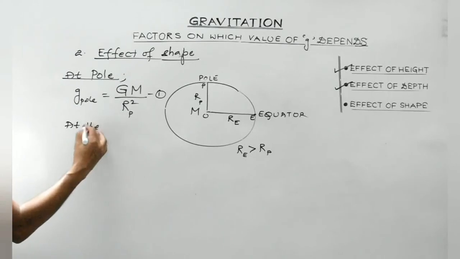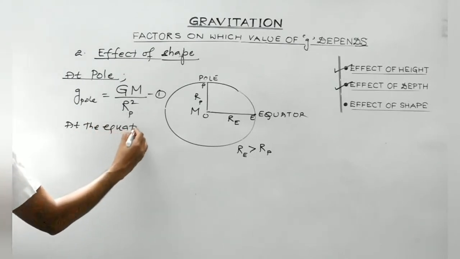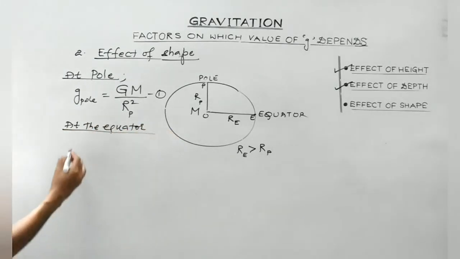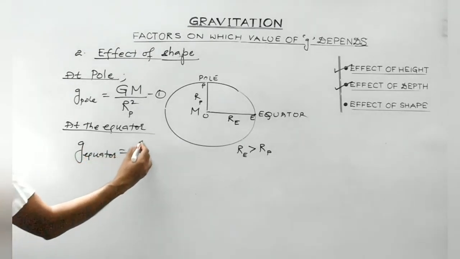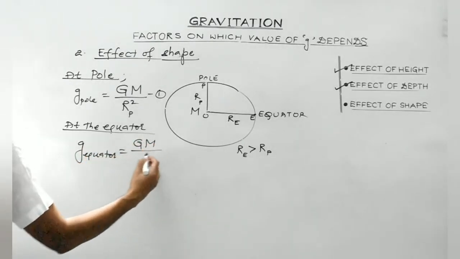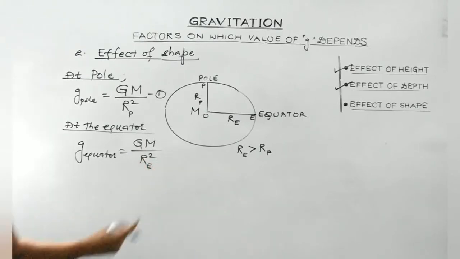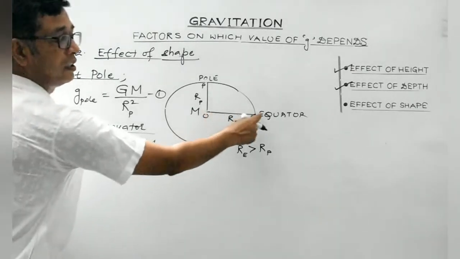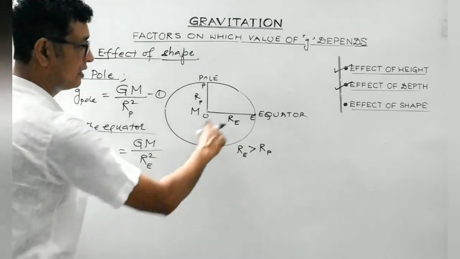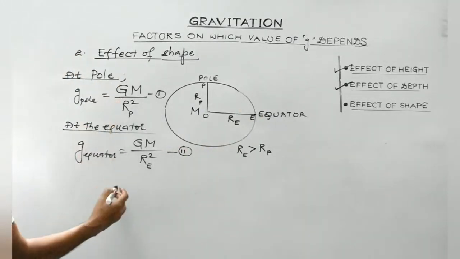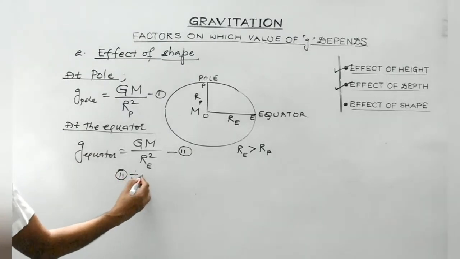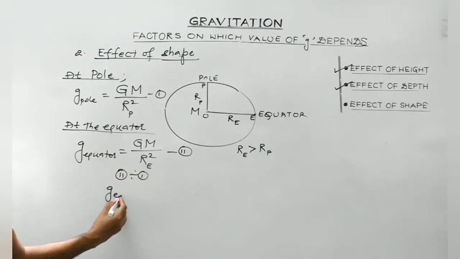At the equator, look, g equator will be G capital M divided by RE square. This is the radius of the equator, right, at this point. So put this as equation number 2. Now dividing these two, what you get is second divided by first. What do you get? g equator